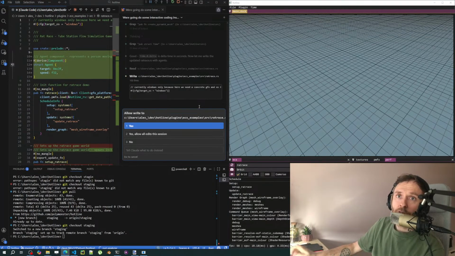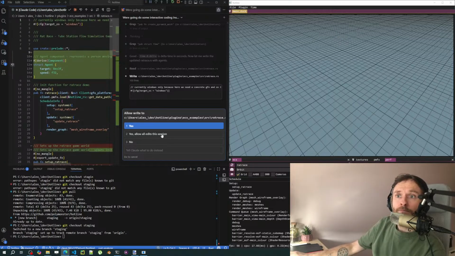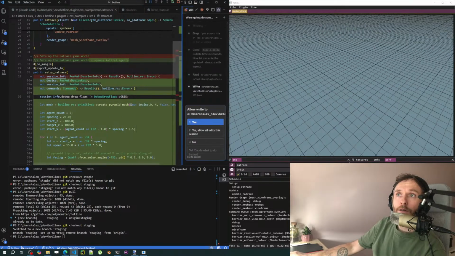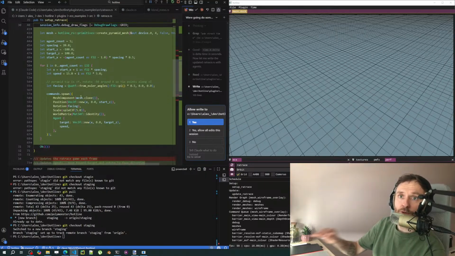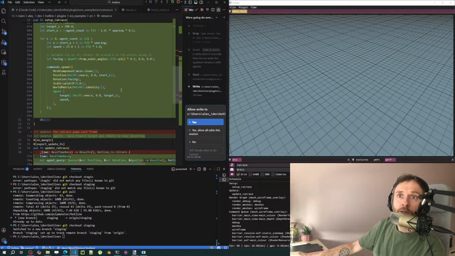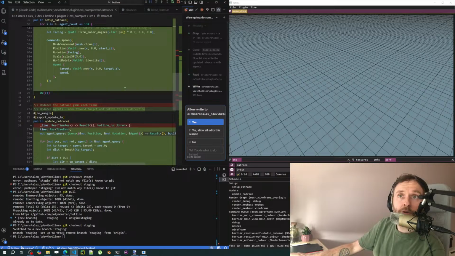Okay, so we have an agent, we have a target, which is a vec3f, and a speed. I just need to hide. So we create a pyramid mesh, agent count, we've got 5 that spawns them. It spawns an agent, and they have different z, target z, start z. Yep, it's kind of, I think it's gonna put them in, looks like it's put them in a